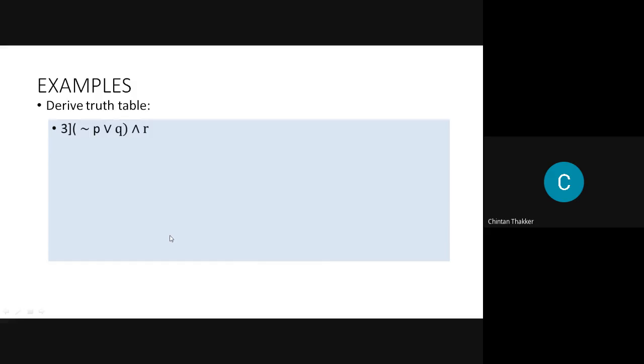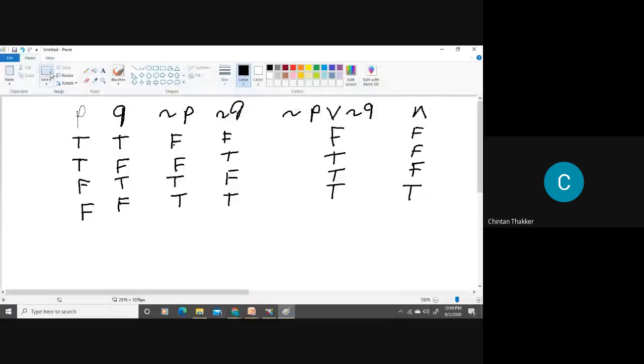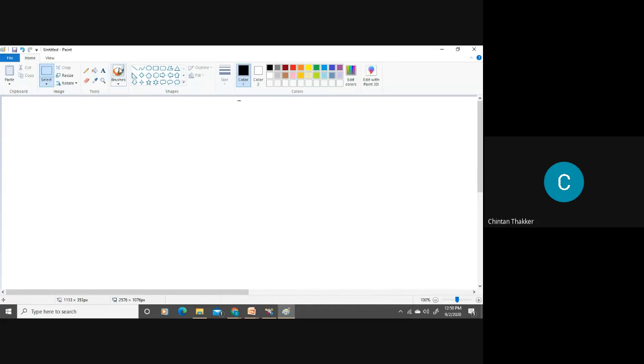Now here we have three statements. For three statements, we use the combination P, Q, R. In the first statement, we take the first four T, so we have T, T, T, T, and then we take four F. Okay?